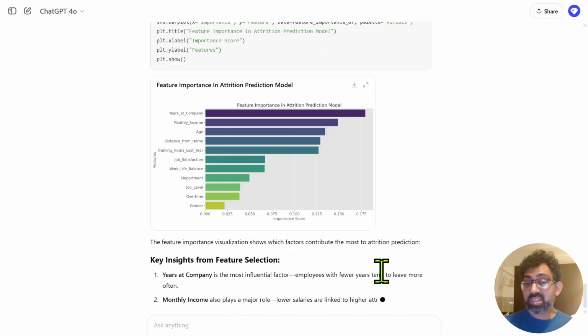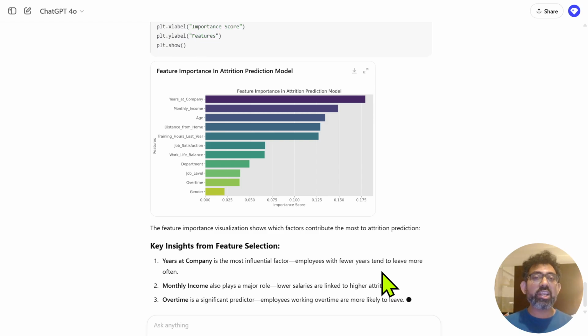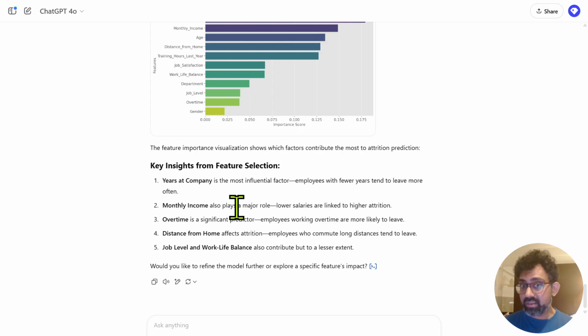Now, in terms of explainability, if you want to explain it to a non-technical manager, you can use ChatGPT for that as well, as you can see. Oh, by the way, the insights are really good. It tells me which factors are more important and less important.